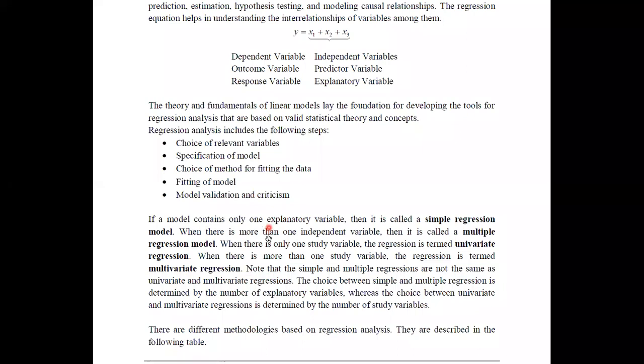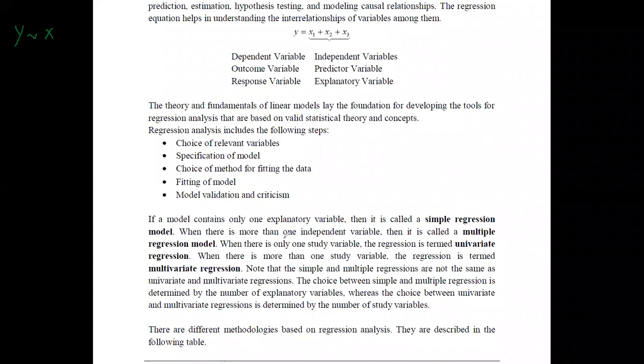If you see only one explanatory variable, it means only one x variable with one y variable, then we can say it is a simple regression model. You may have only one y variable and only one x variable. In a case like this, we say that it is a simple regression.